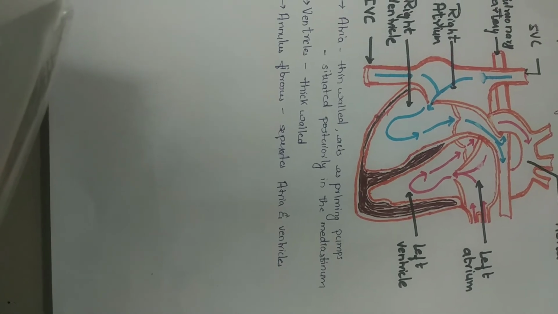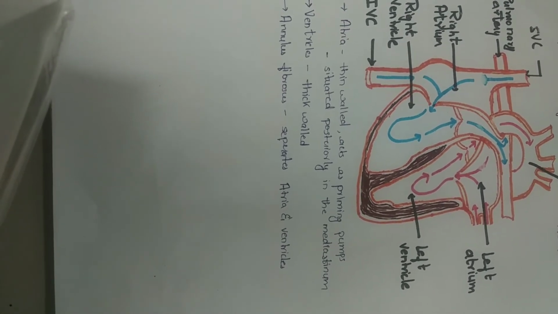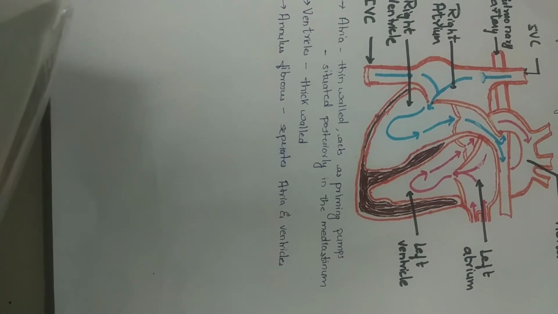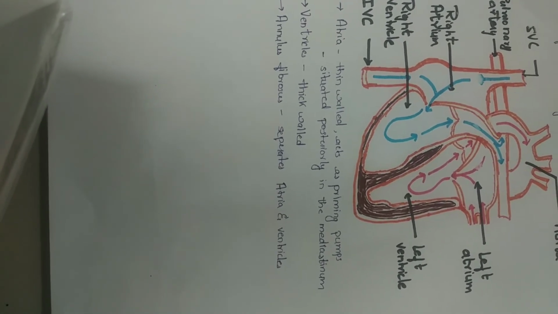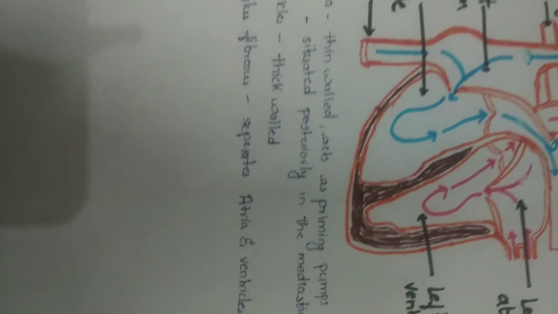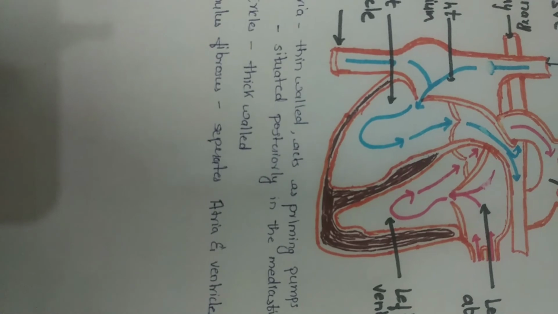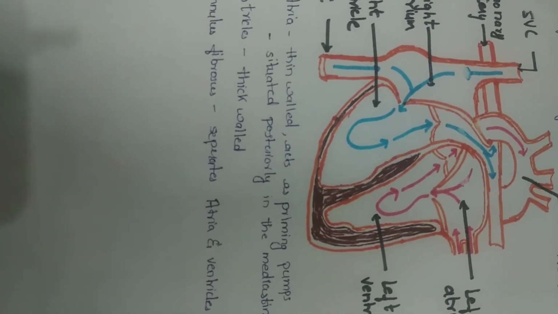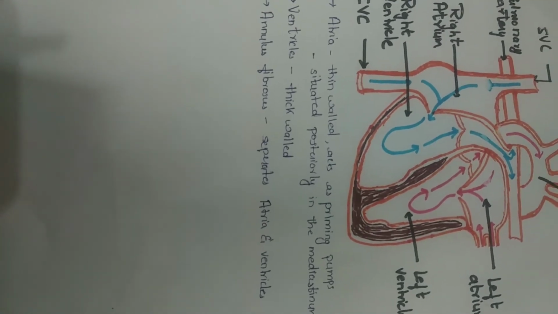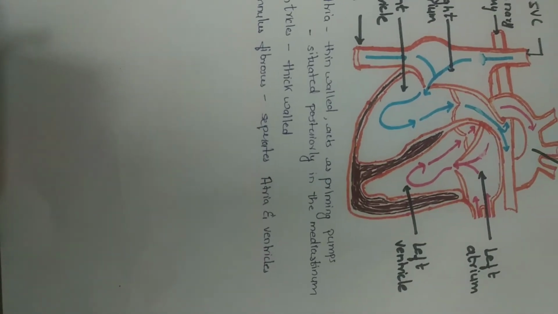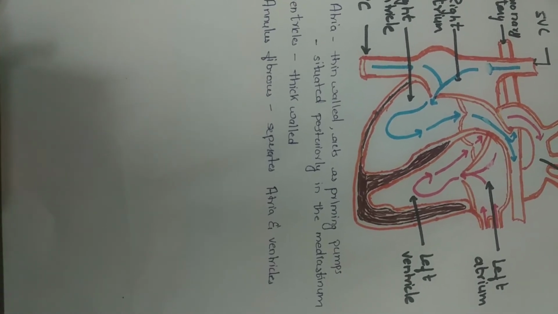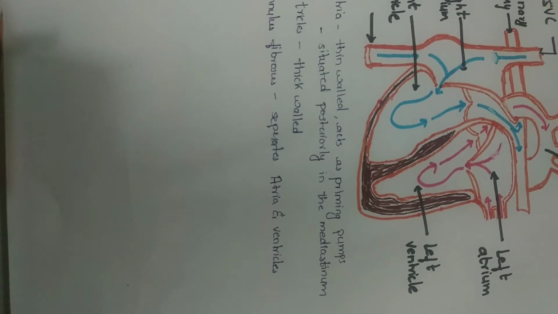If we specifically talk about the right and the left ventricle, the right ventricle is only about 2 to 3 millimeter thick. It is triangular in shape. As you can see in the diagram, the right ventricle over here is triangular in shape, and the thickness is less than that of the left ventricle. It is approximately 2 to 3 millimeter thick. And it sits anterior, to the right of the left ventricle.